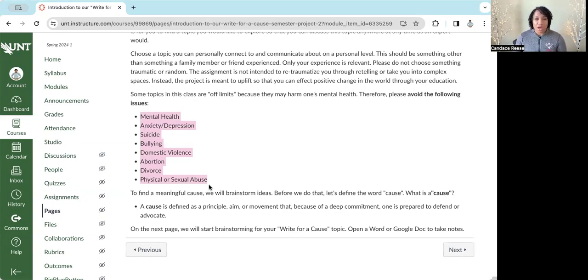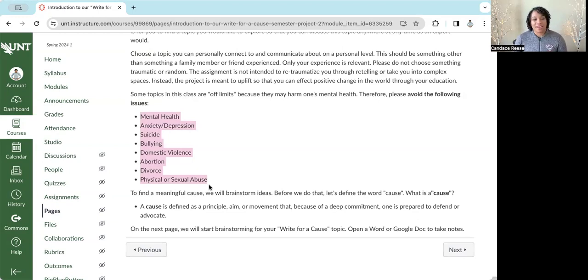If you do talk about these things, and if you disclose anything, I may have to report that information to the powers that be at the school, and they will more than likely contact you to do assessments and things like that to make sure that everything is okay.